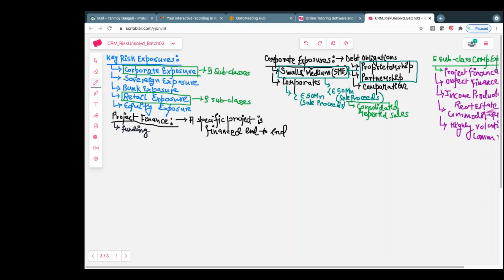Where the basis of funding is the revenues generated by the project,